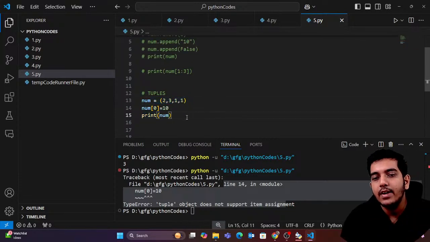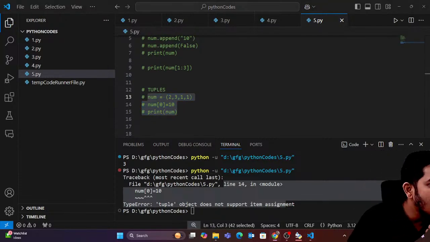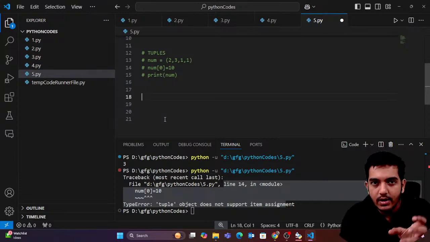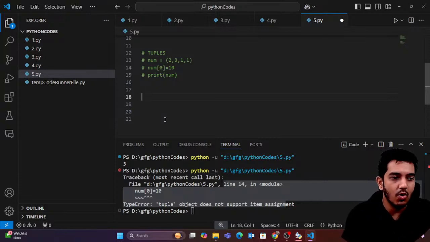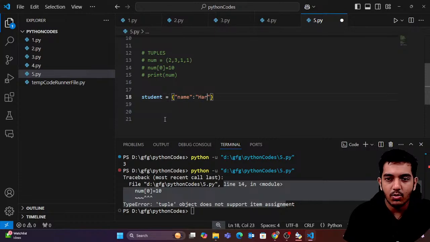Now guys, let's continue with the third type of list of elements, which we call a dictionary. Dictionaries are key value pairs, like name Harshal Jain, age is 25, gender is male, and so on. I'm going to say that we have a student, and the name of the student is